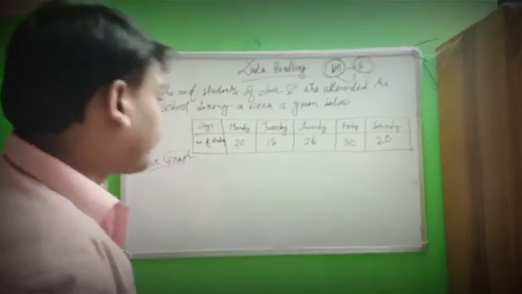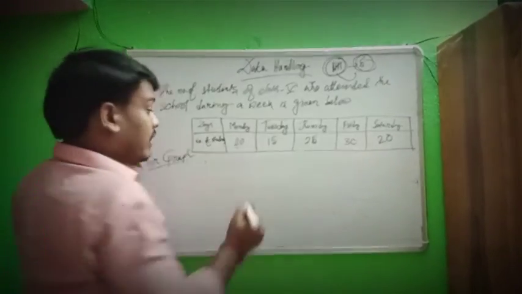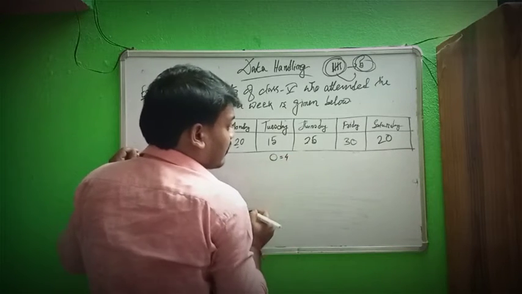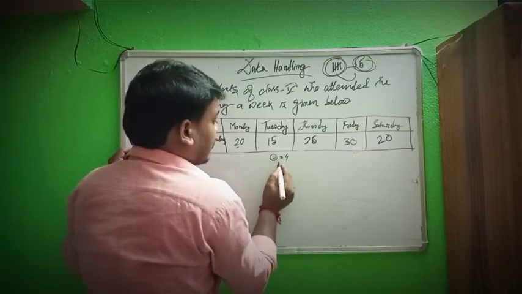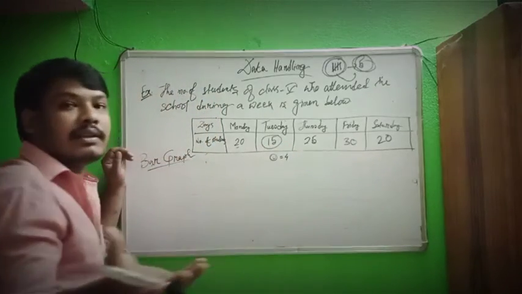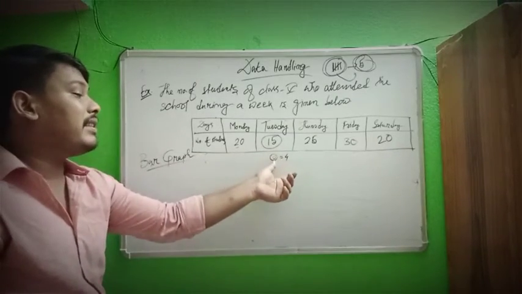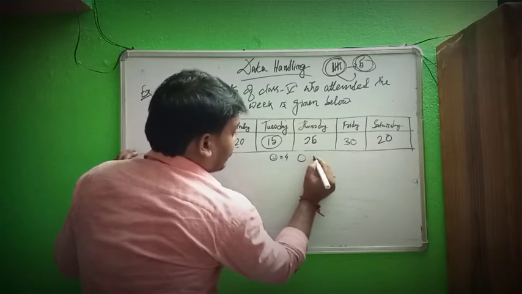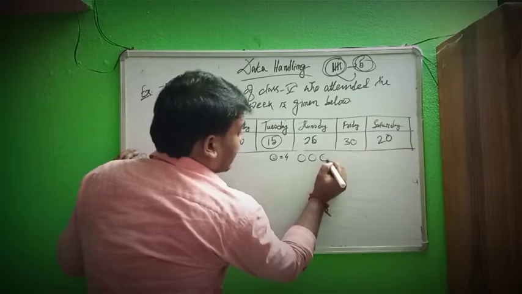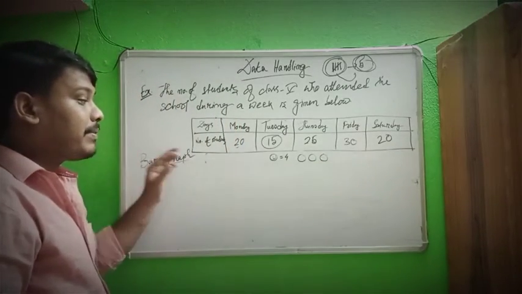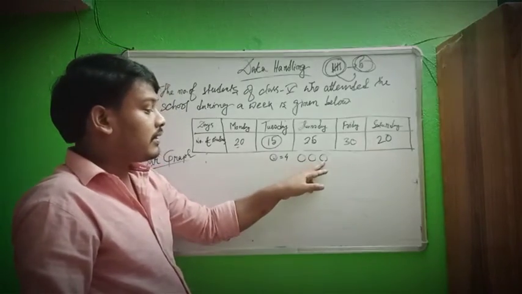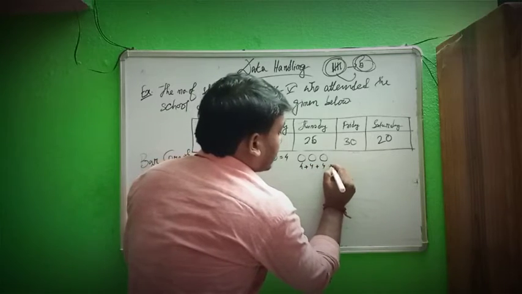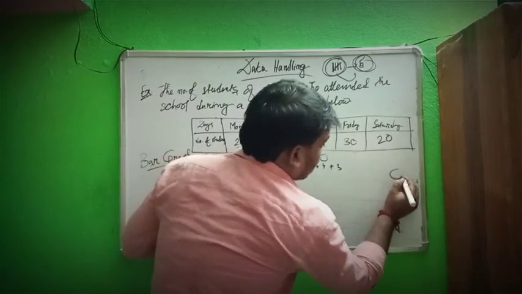Another thing I forgot to tell: how to take the picture of a pictograph? If we take one picture equal to 4 students, then for 15, how many pictures do we need? We cannot define 15 by whole pictures. We can define it in this way: 4 plus 4 plus 4 is 12, and now we need plus 3. So if we divide this circle into